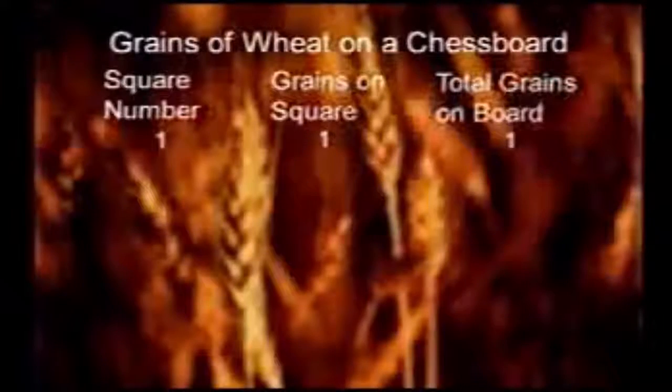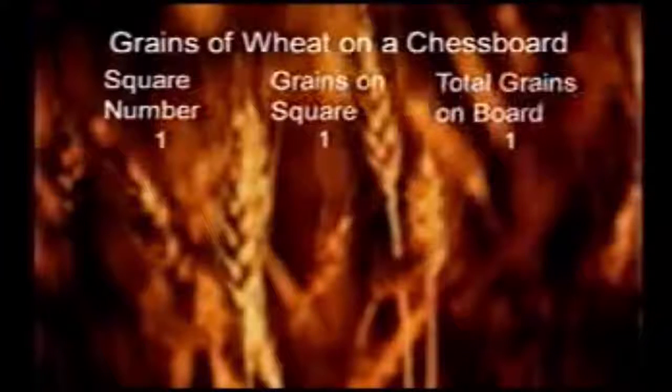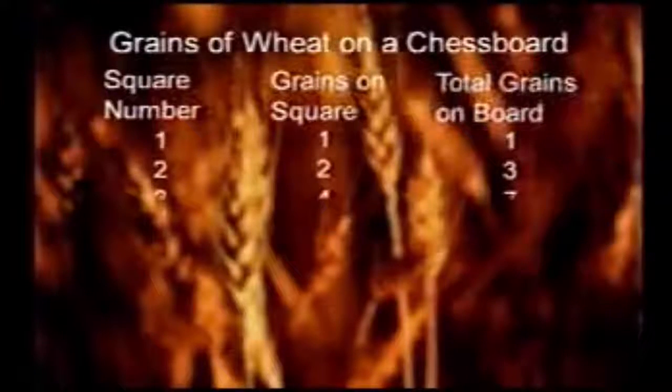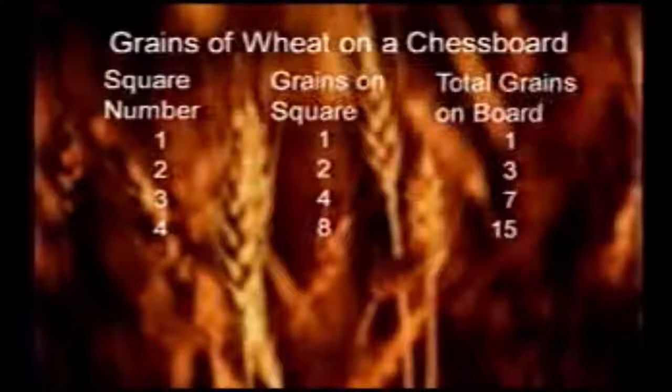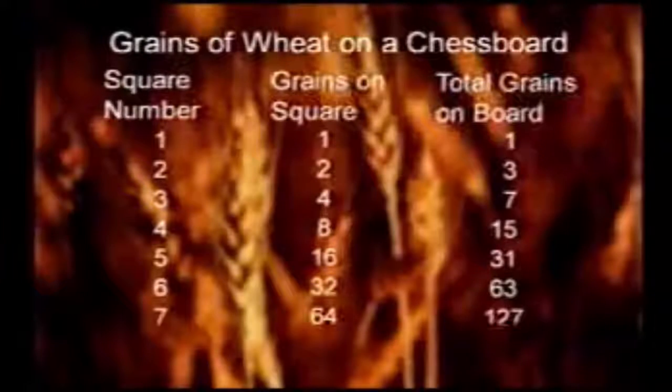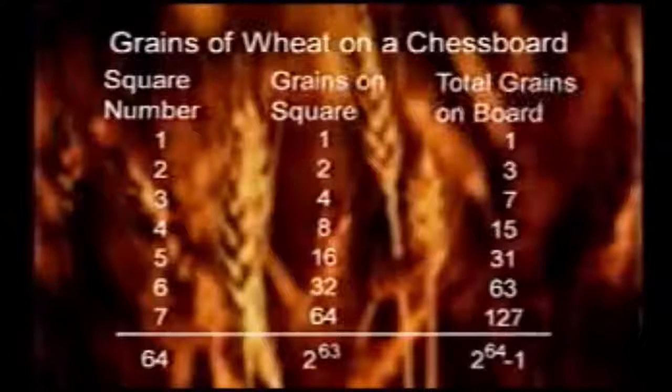Now let me give you an example to show the enormous numbers you get with just a modest number of doublings. Legend has it that the game of chess was invented by a mathematician who worked for a king. The king was very pleased. He said, I want to reward you. And the mathematician said, my needs are modest. Please take my new chessboard and on the first square place 1 grain of wheat. On the next square double the 1 to make 2. On the next square double the 2 to make 4. Just keep doubling till you've doubled for every square. That will be an adequate payment.